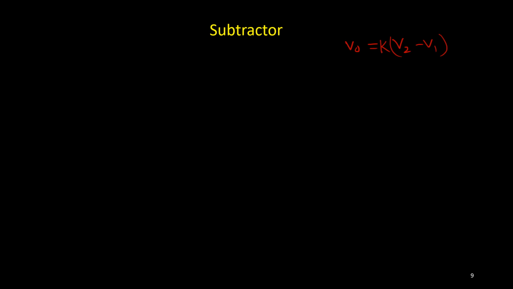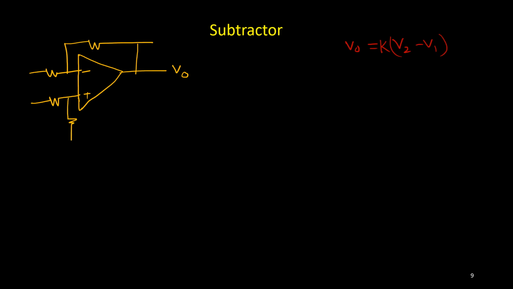So I'll use this circuit. This is minus, this is plus. This is V0, right? And here also I'll consider this one. This end is grounded. Now this potential I'll consider is V1, and this potential is V2. This is your R, this is RF, this is your R1, it is your R2.